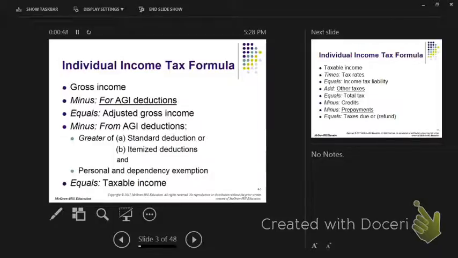So when you're trying to figure out your tax formula, I don't know if any of you guys brought your 1040, but when you're looking at your 1040, you have your for AGI deductions and you have your from AGI deductions. And I believe let's see if I have it with me. I know I handed out, there we go, handed out the first day. When you're looking at your for AGI deductions, when I put it up here on the screen,